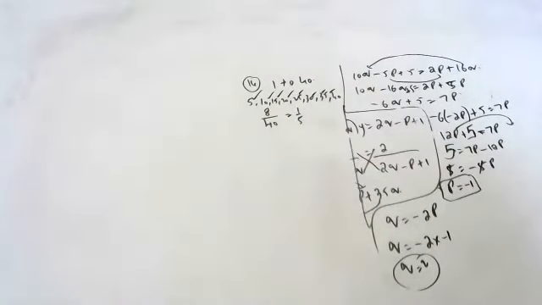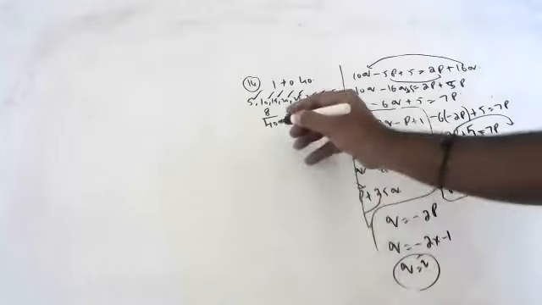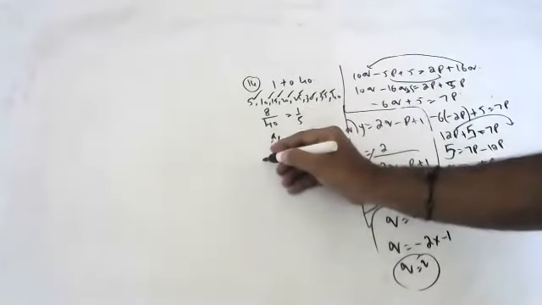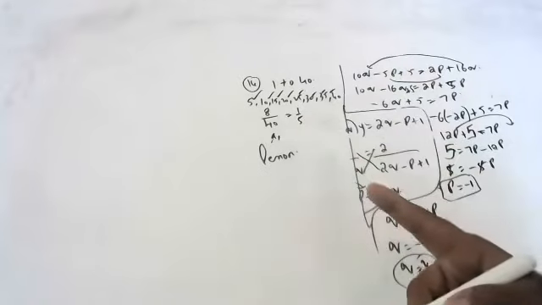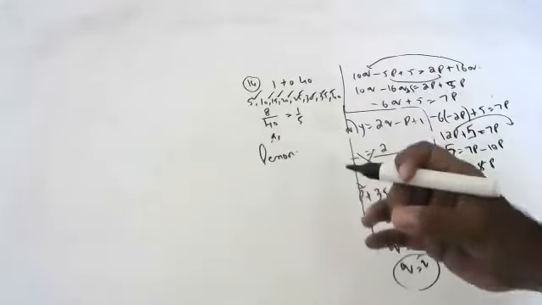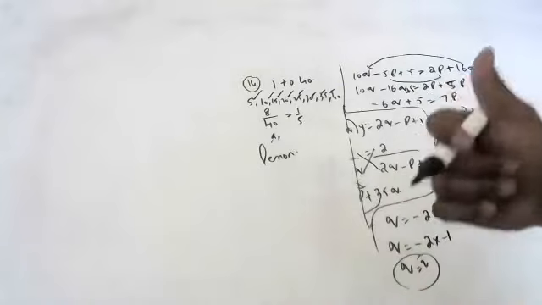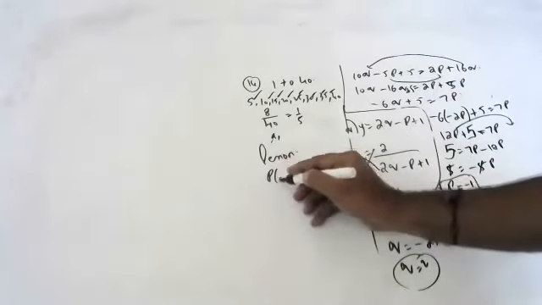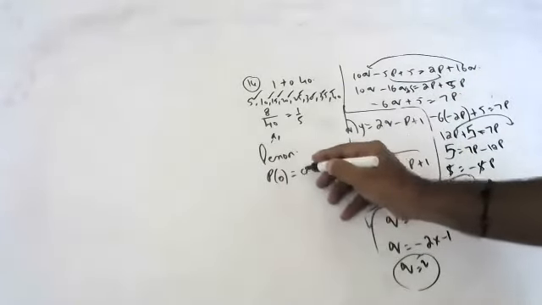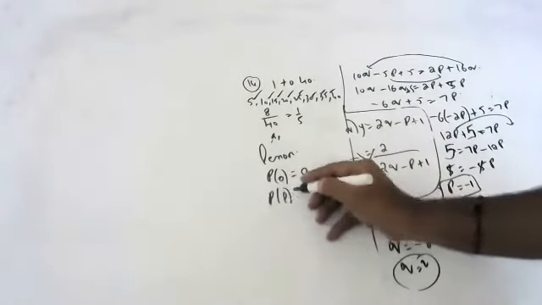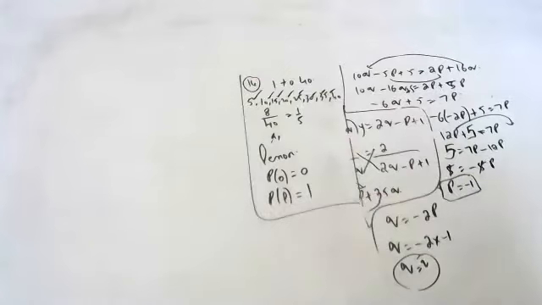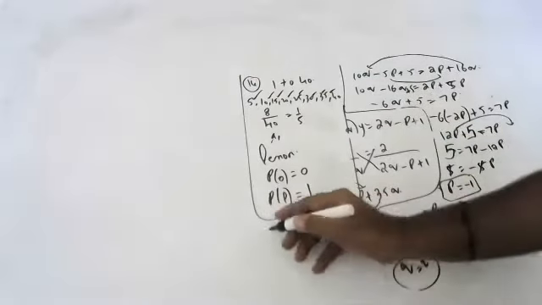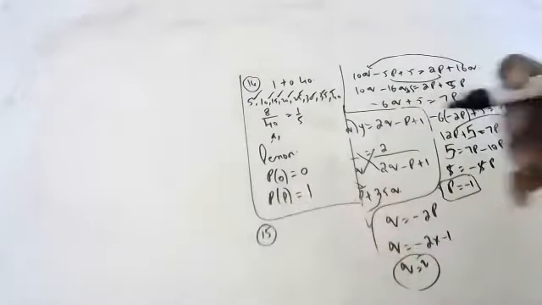Or, a bag contains lemon flavored candies only. Malini takes out one candy without looking. What is the probability of an orange flavored candy? 0. It is impossible. What is the probability of a lemon flavored candy? 1. Only lemon candies are there, so 1 is the probability. Maximum probability is 1 only.